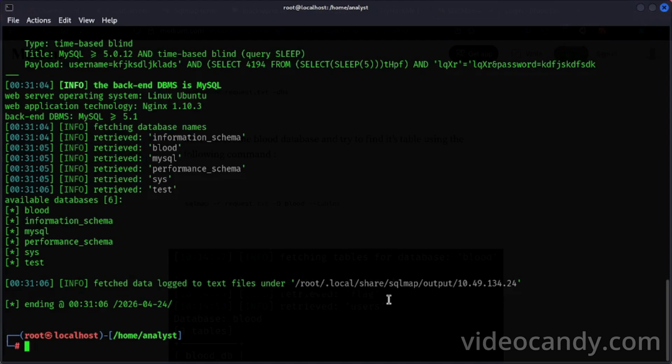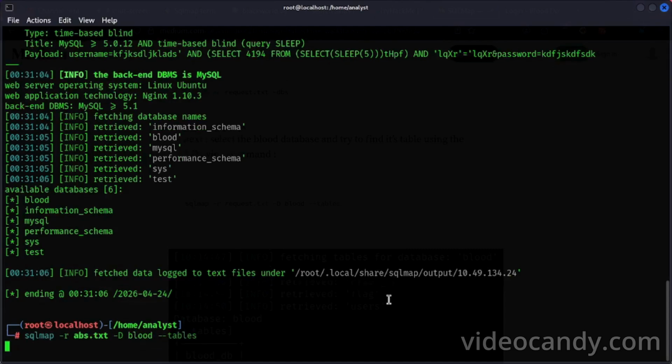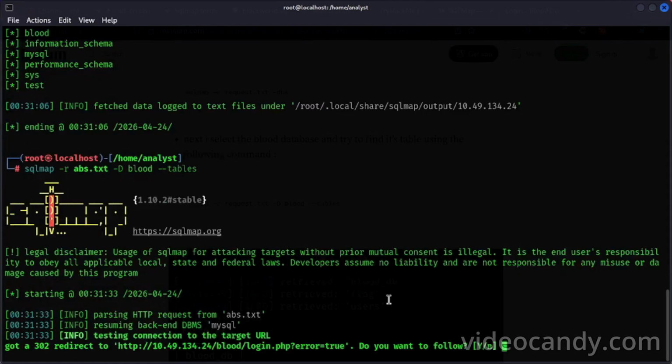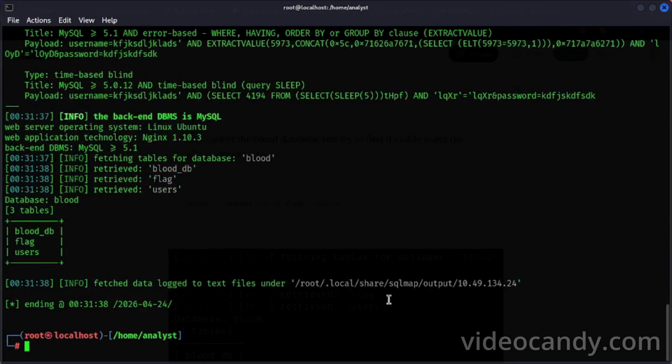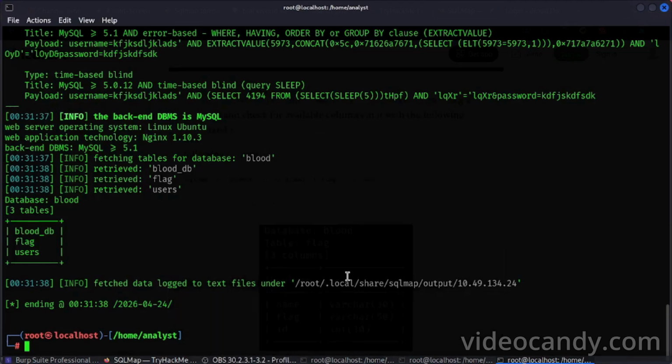We want blood, -D blood, and --tables. We want to get the tables, so yes, yes, all of these yes, and we found the blood DB has a flag table and a users table, and we have to go to flag now.